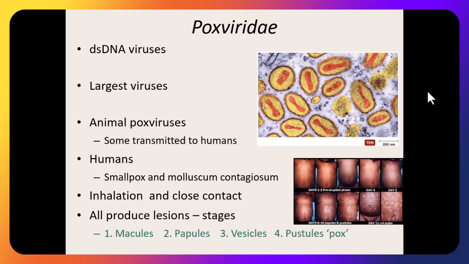And anything in this family produces lesions in some sort of stage, whether they go through all 5 stages or all 4 stages or not. They all produce skin lesions. So outwardly,